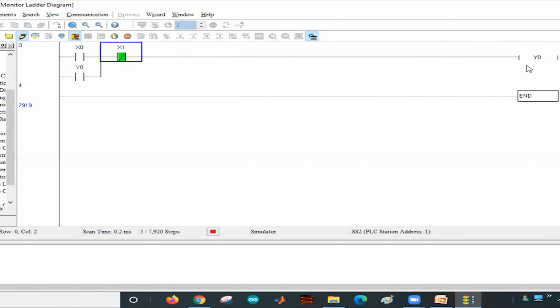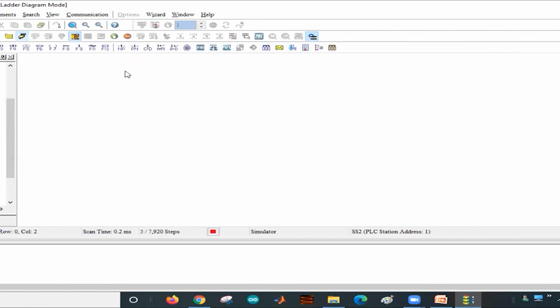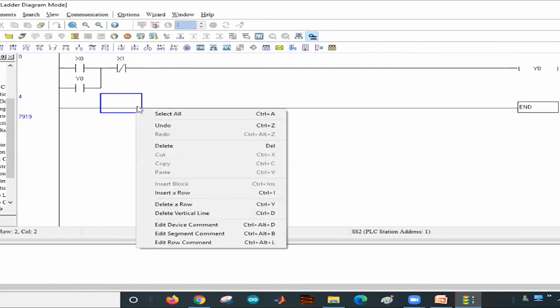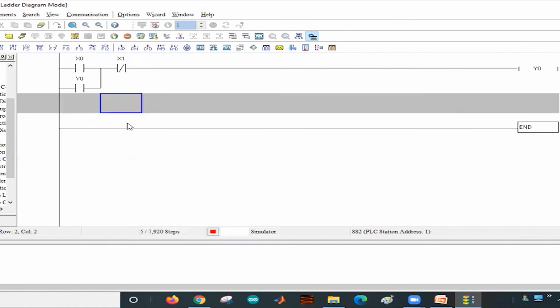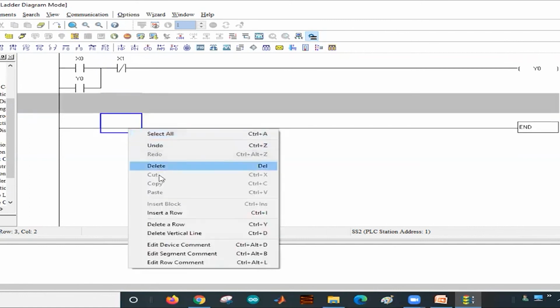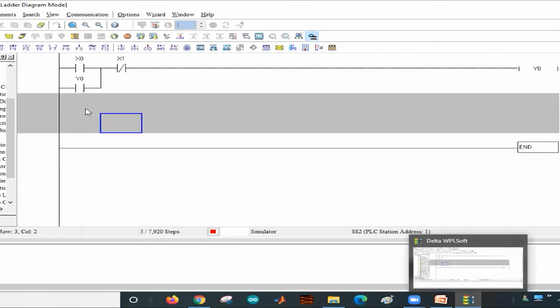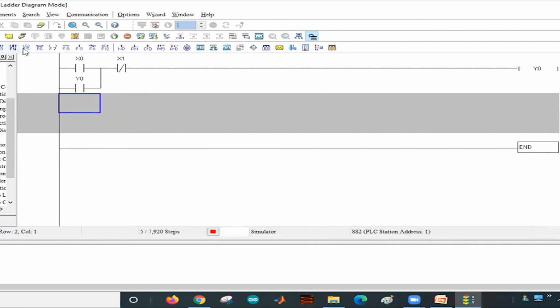So this is how you can implement the DOL starter with your PLC. If you want to extend this further, you can connect on and off indicators also.